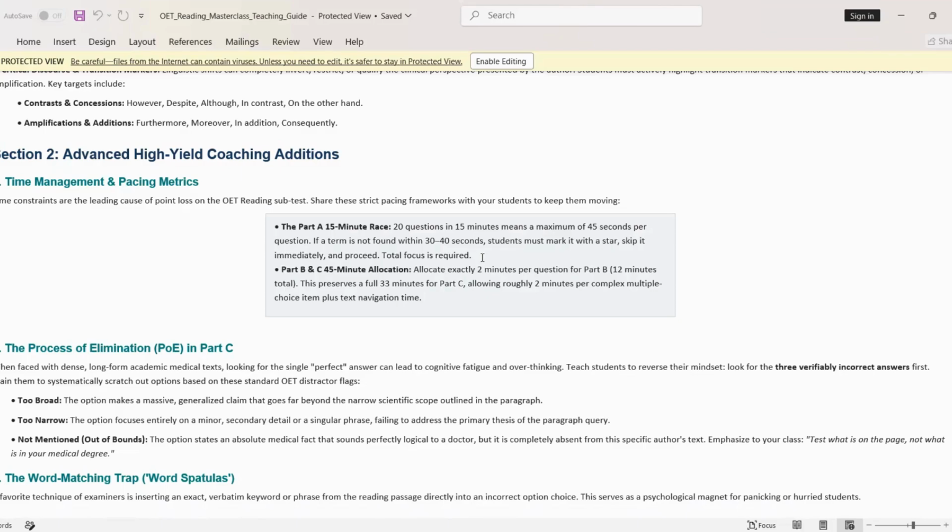minutes for 20 questions, definitely you will miss the next 2 or 3 questions, or maybe questions at the end of the test, because they will take part A after 15 minutes. So at the end you don't have time to solve further questions. So if in 30 to 40 seconds you are unable to find the answer, leave it, move to the next.